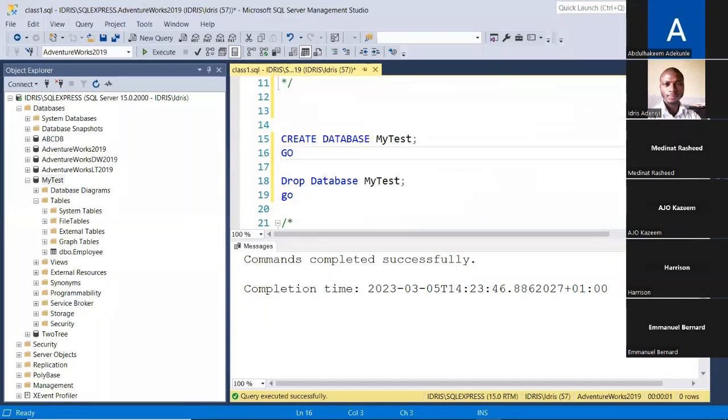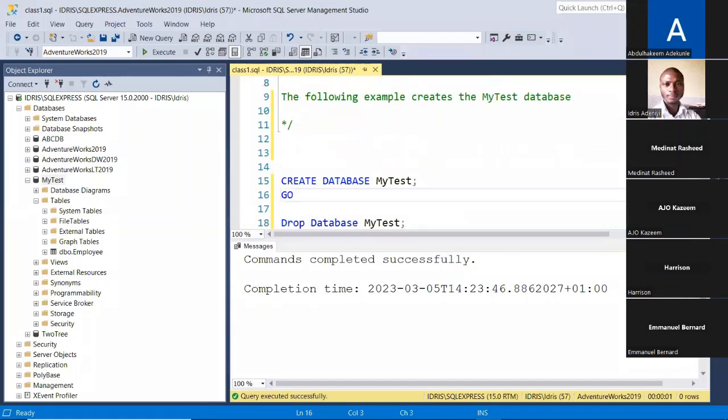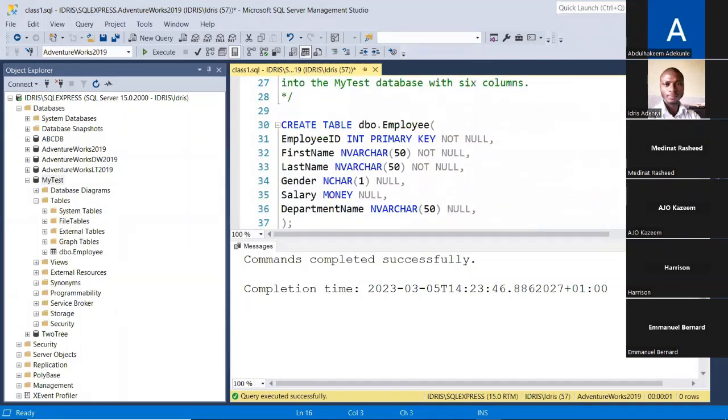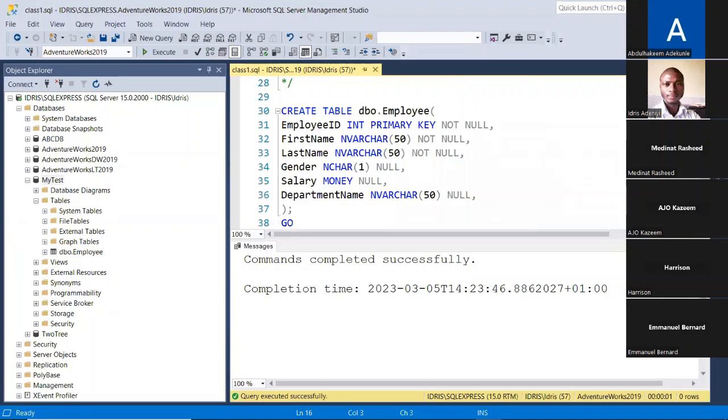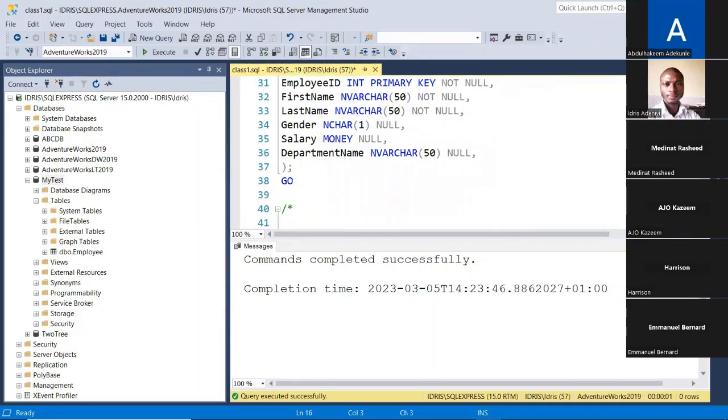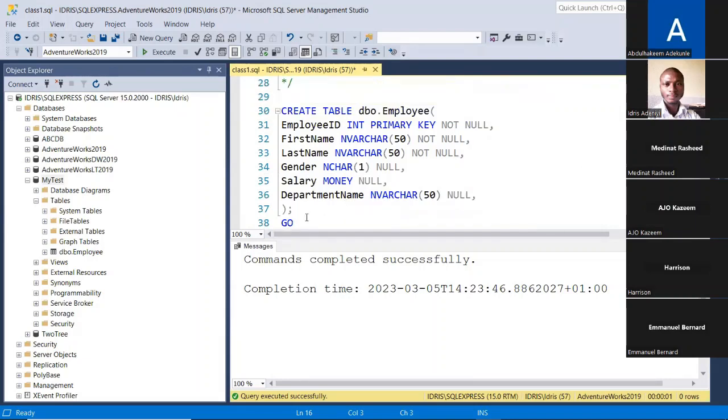So it will create the database, then delete it, then create a table in another database, which will result in an error. Let me show you that. Let me comment this part so that